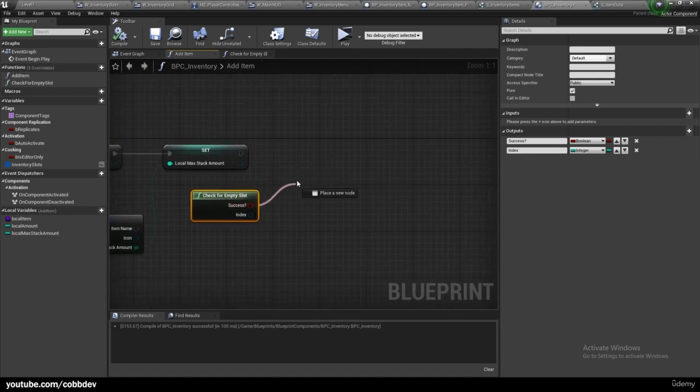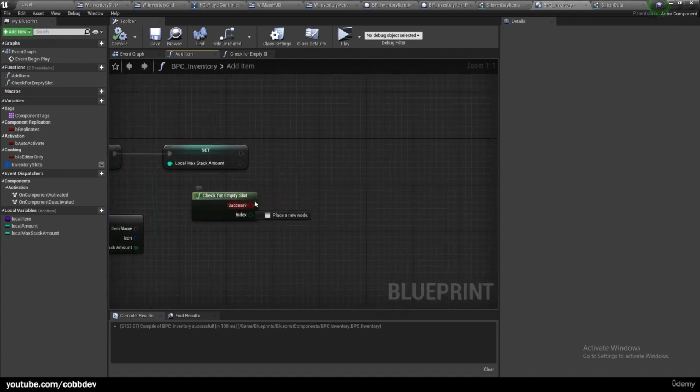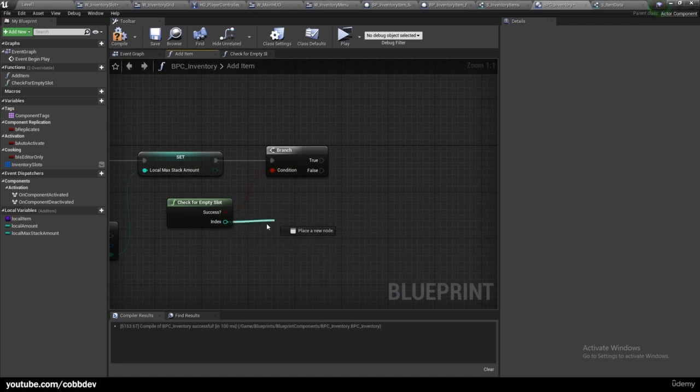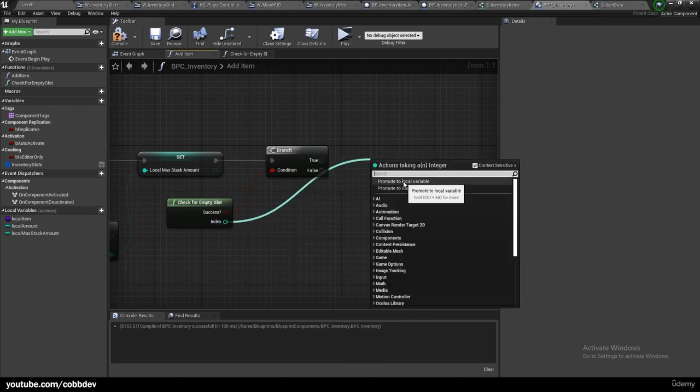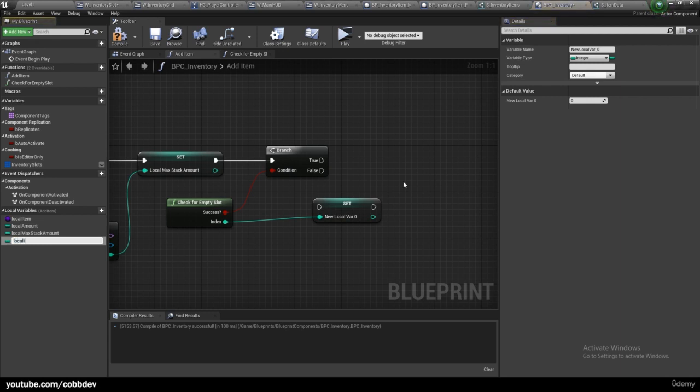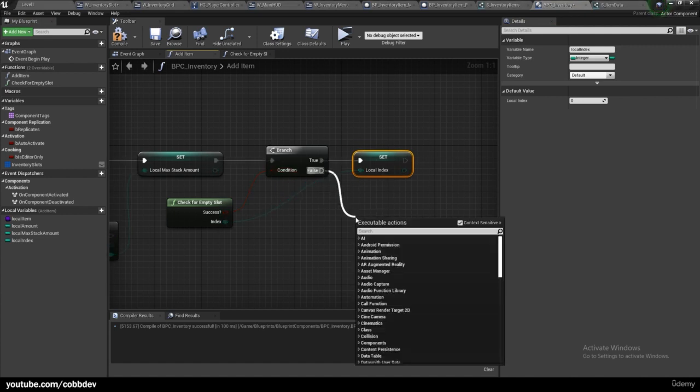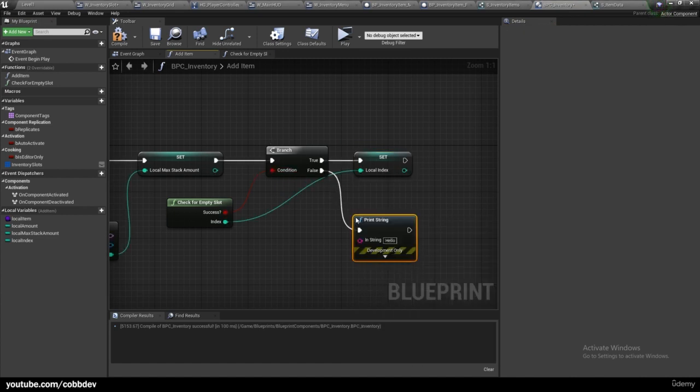So we want to ask if we successfully found an empty slot. So we'll get an if statement, we'll plug it in. And if we did, we just want to set this index as our local index. So we'll promote to local variable and we'll set local index. And we'll put that in on the true. If we didn't succeed, for now we can just add a print string and we'll just say this,